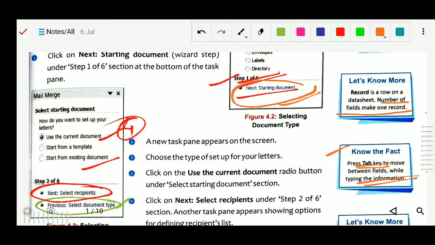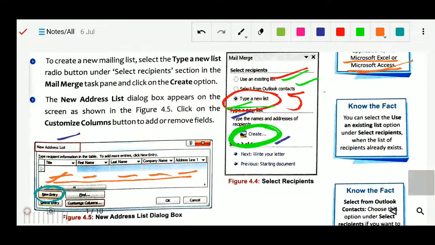Already you have followed the earlier steps, and now this is the fifth step. Now here you have to click on next, write your letter. Once your recipient list and data source are created, then click next, write your letter.